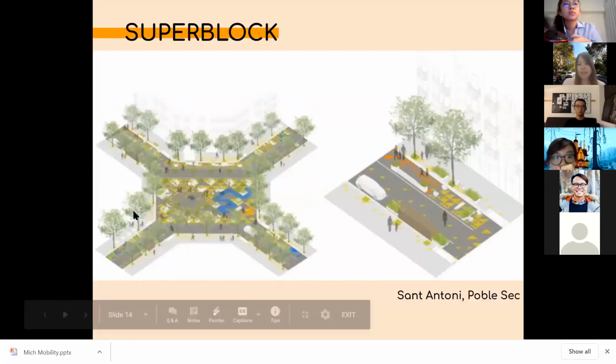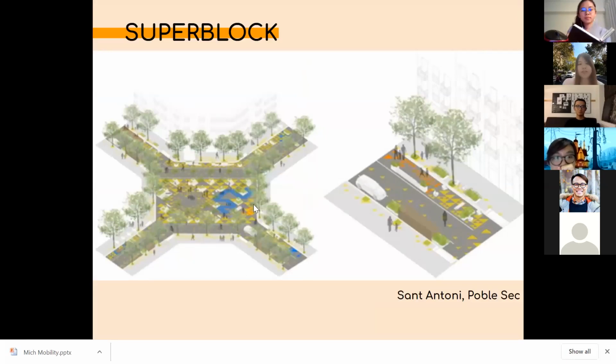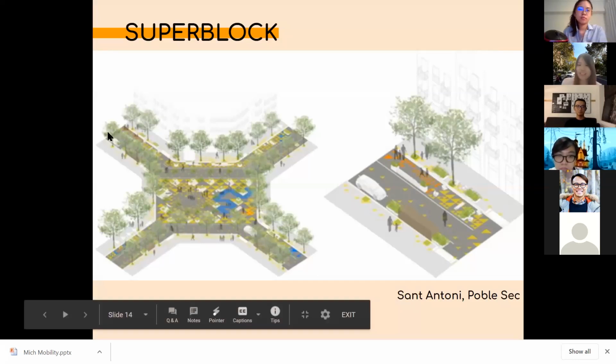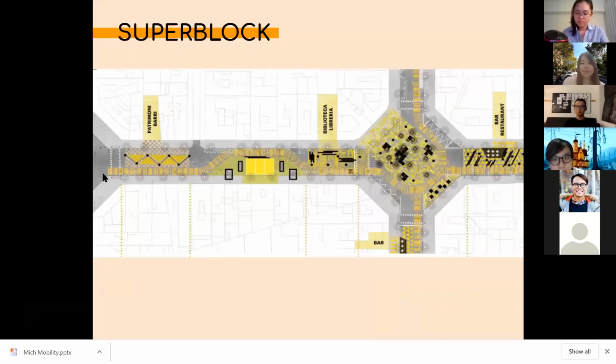So this is what I mentioned for the intersection. Now the intersection is redefined with tactical urbanism, and you can place many pieces of furniture in that place. Let's say you are driving a car and you couldn't pass through directly, and you need to take an alternate route. So this is to discourage driving. And you can also see that the path is not linear. This is intentionally made to slow down the vehicles as well.